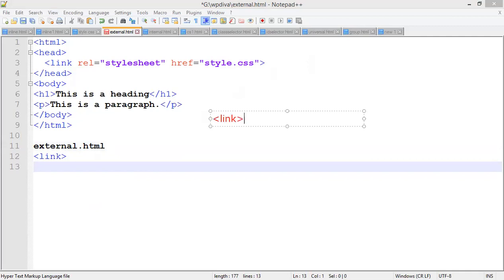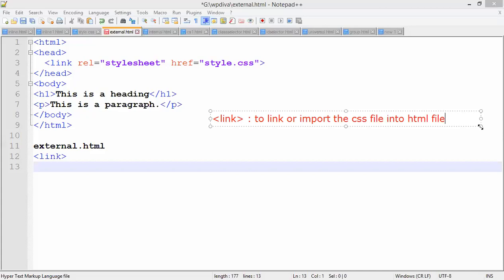We are using the link tag to link, or import, the CSS file into the HTML file. We want to link that CSS file into your HTML file, right?